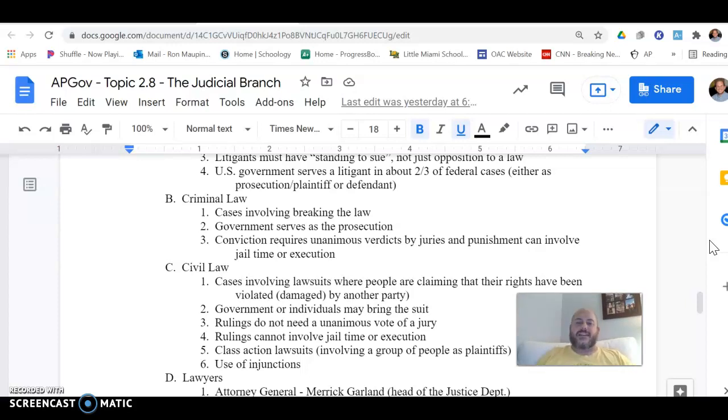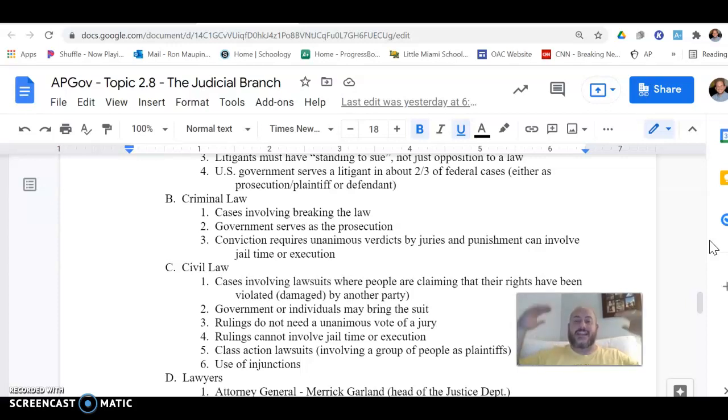But basically, if it is something that does require a jury, and once again, many civil cases, like small claims court, do not have a jury, it just has a judge make a decision. But in other civil lawsuits, where it does involve a jury, typically, depending on where you live, you don't need a unanimous vote of the jury to win the case. On top of that, in most states, the legal threshold that would have to be proven to win a case is lower than in a criminal case.